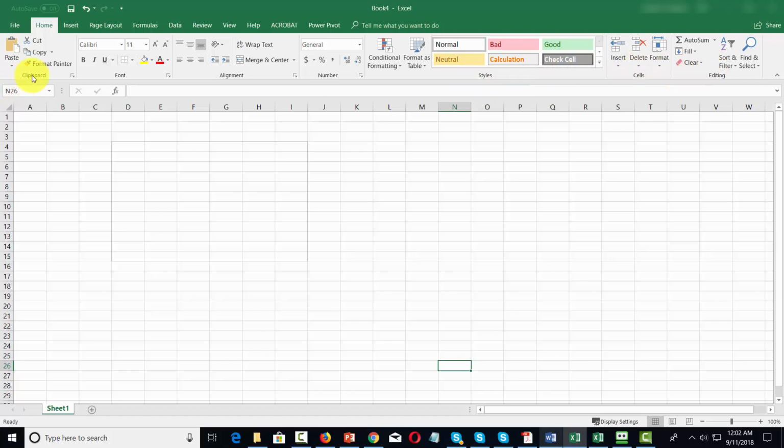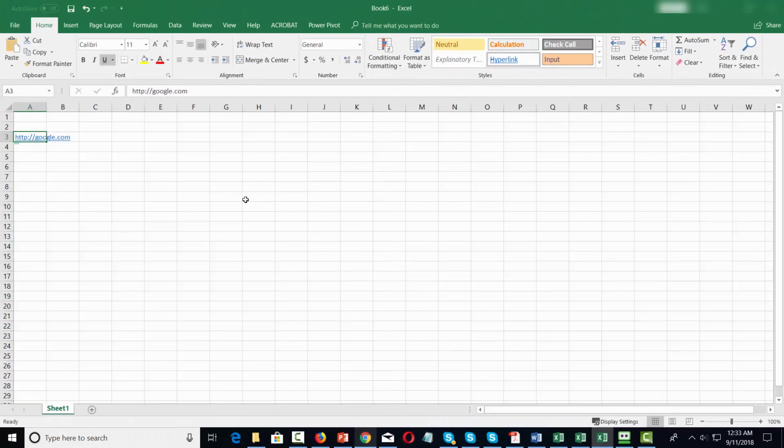Now the clipboard menu functions as you might think. You can place your cursor inside of a particular cell, and you can paste whatever you've copied into the clipboard. So for example, we will then hit Control V, which is typically what you would use for the paste command. And you can then use any of the other text manipulation commands that you would use in the other document